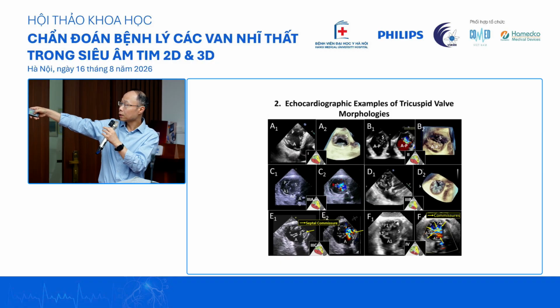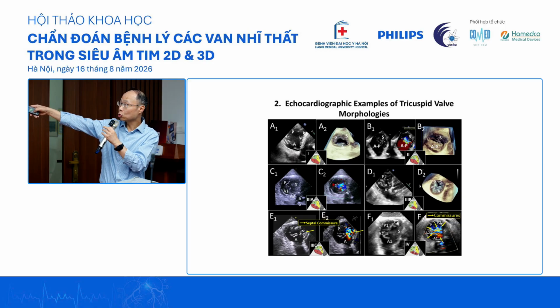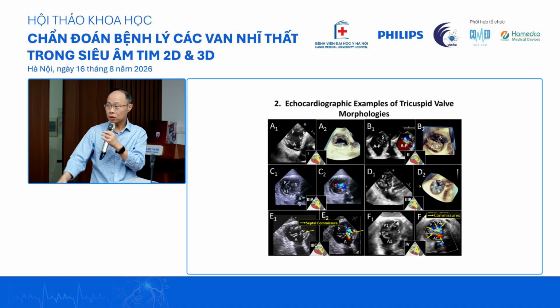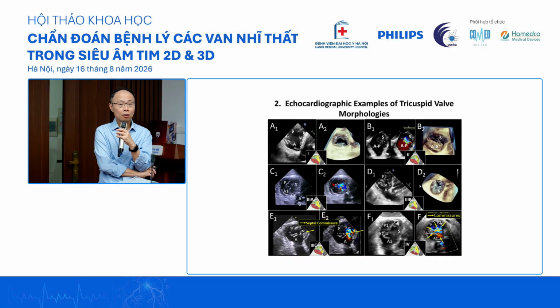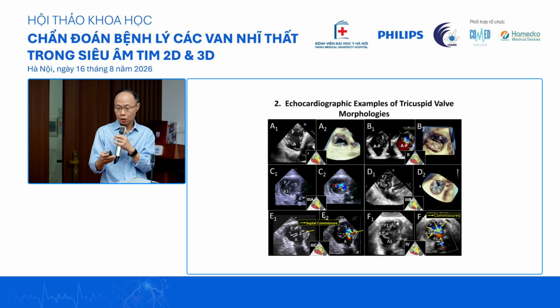So this is somewhat where you can see that there are two septal leaflets, and this thing is almost fused. Sometimes this one can be confused as a bicuspid tricuspid valve, but if you pay attention, there are actually two floppy leaflets here flapping away, and so on and so forth. The one that makes no sense to me is F, where you can see that it's just a whole lot of leaflets coming in. This is the type of case where we usually may not want to proceed with the tricuspid clip, because each of the leaflets is just too small and narrow for your clip system to hold on to and clasp.